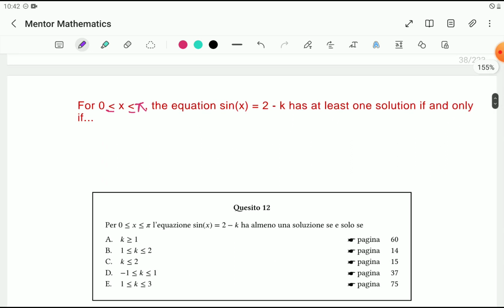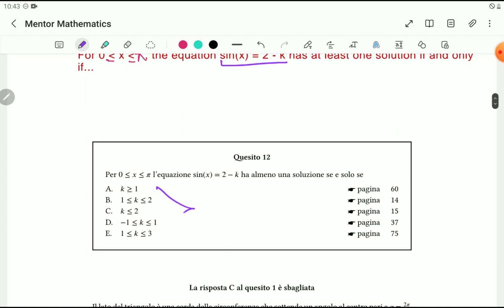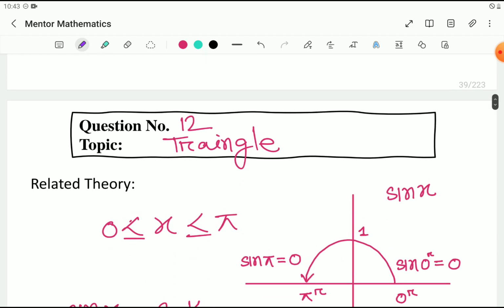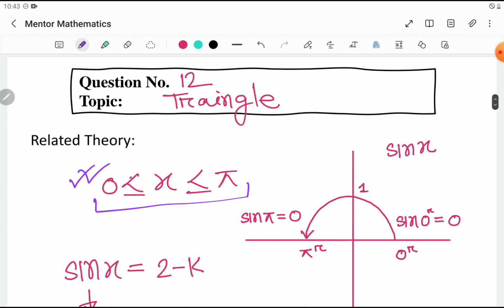This is our second problem. Let's read it. For 0 less than equal x less than equal pi, the equation sin x equal to 2 minus k has at least one solution if and only if. Okay, we have to find the value of k. Not only value, but a range of k. So let's find it out. Okay, so the range given here, 0 less than equal x less than equal pi. This is the value of theta or x of sine. Therefore,